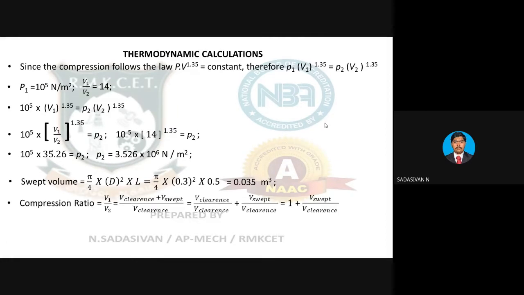Okay. So compression ratio formula. What is the formula for compression ratio? V1 by V2. So please understand, this is not a formula, right? This is written out of common sense. Please understand this. Initially, the beginning of the cycle of the PV diagram, my piston was here at the bottom dead center. So the piston cannot go beyond this. It is the bottommost position. Let's forget the connecting rod, crank, everything. Okay, maximum the piston can come up to here.